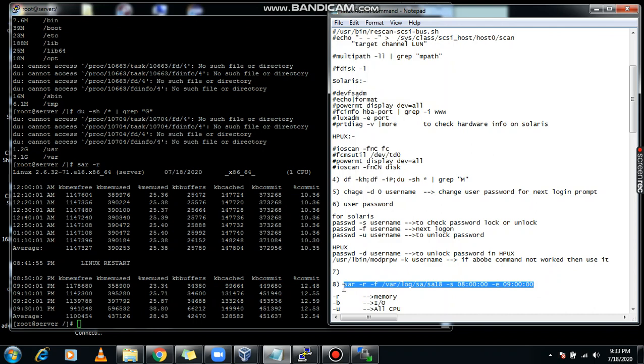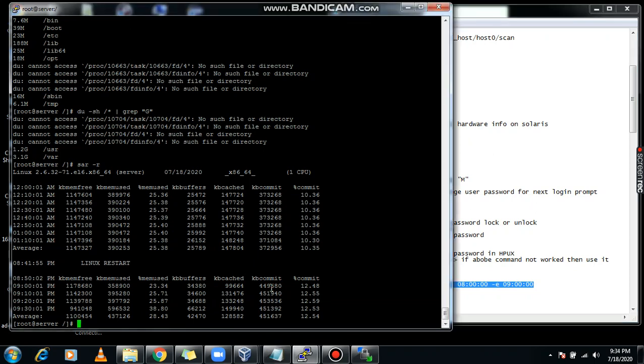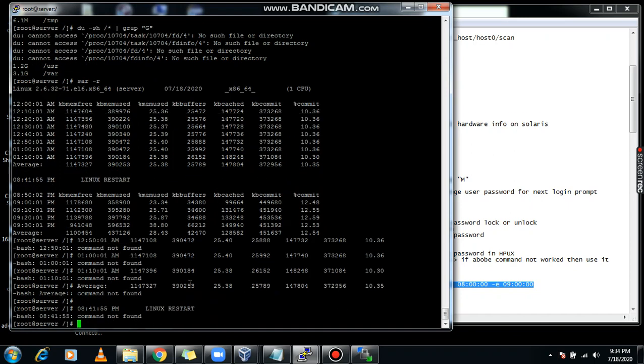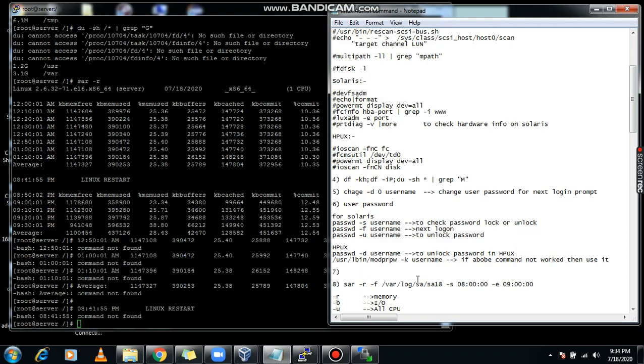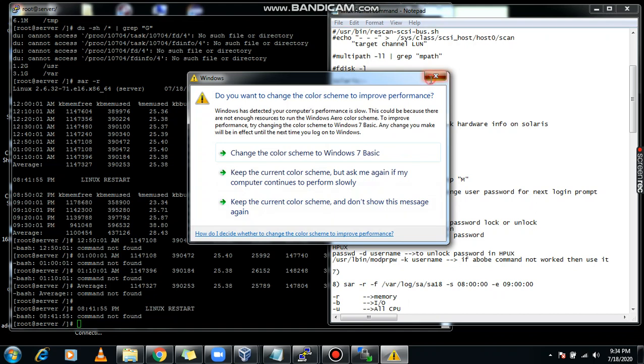Also, if the application team wants logs for a specific date and time, you can use this command. I am using sar -r -f with a path, /var/log/sa/sa18. sa18 means the 18th date of this month.